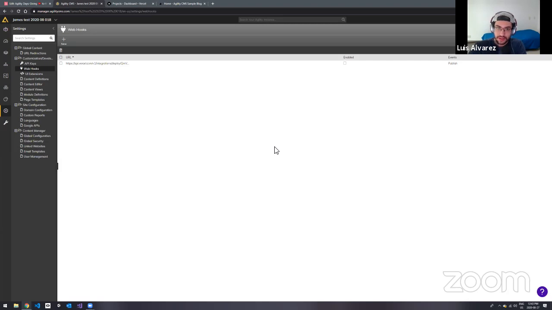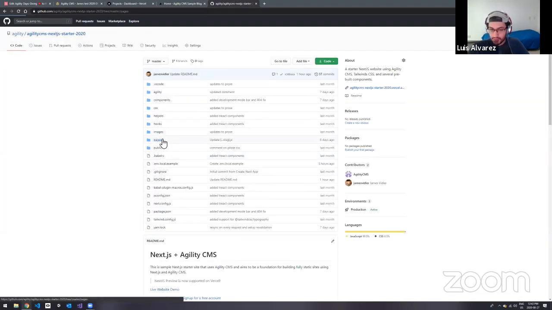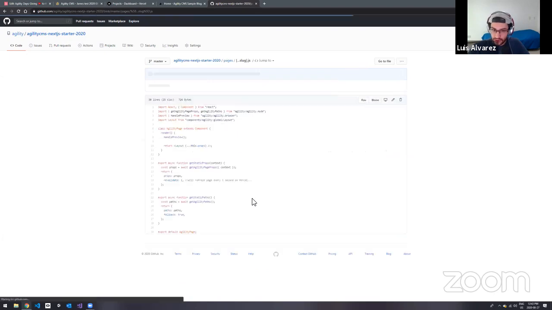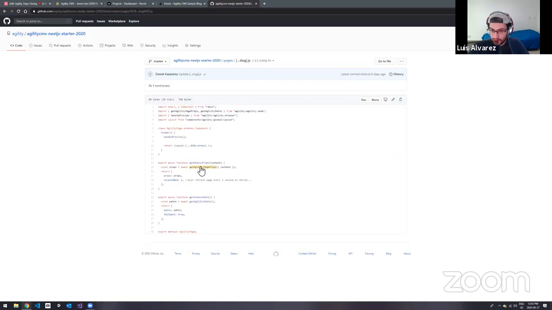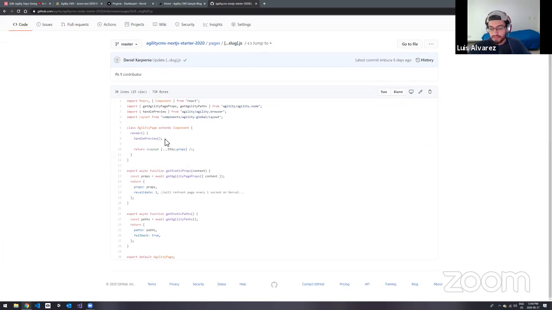So what we do is, when you have a page that has revalidate set, we revalidate the page in the background every X seconds. Revalidate is a prop that you set to a number, and that number is an amount of seconds. So let's say you set revalidate to 1. We are going to start revalidating your page in the background every 1 second if there is a new request